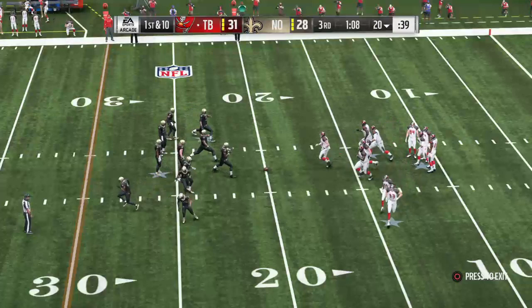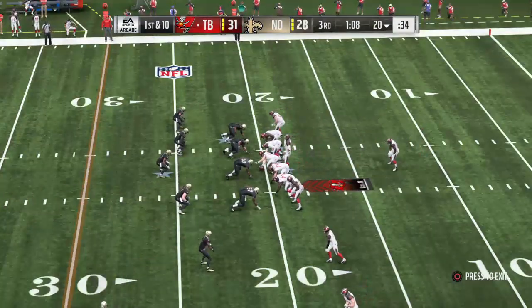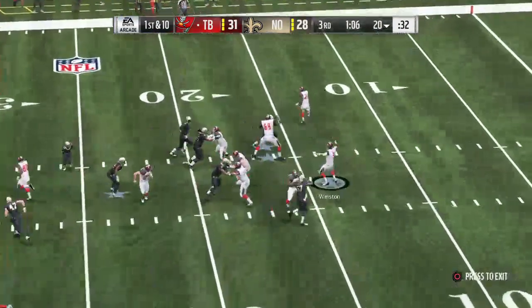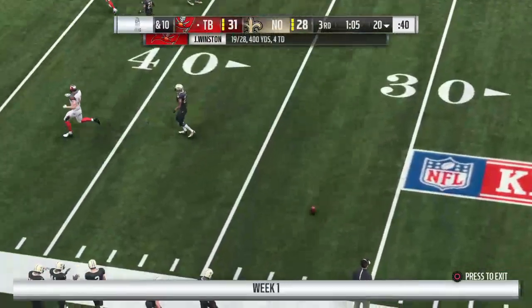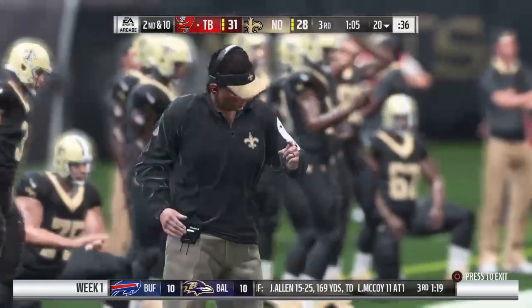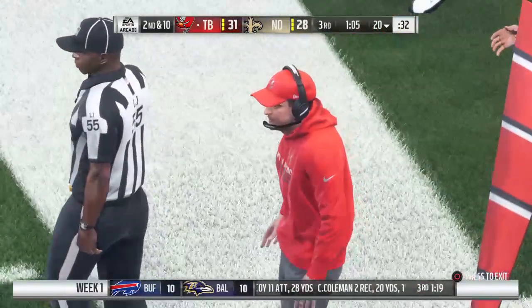Winston and the Bucs take over now, 1st and 10 at the 20. First down, Winston, and he whips that one incomplete there. The tight end, Cameron Brate, was the target. And it's 2nd down. Well, the numbers have been good in the passing game, and certainly a big reason why